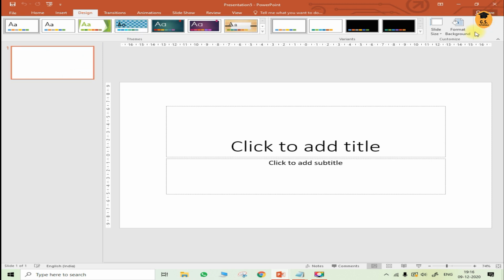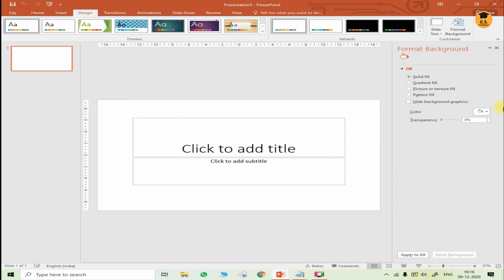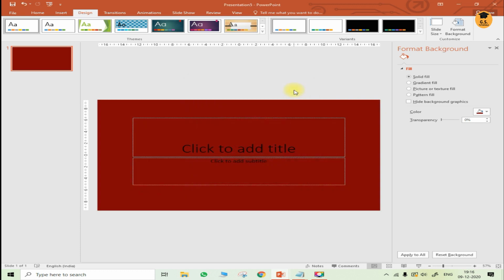Now my next step is, I'll just click on format background. In format background I'm going to select any color. If you want to select any single color, you can select any single color from here. And if you don't want to select, just click on more colors. In more colors you have here the options. Just select any color. Let's say I'm selecting this one. Click OK. Now just see, you have a slide of format background over here.